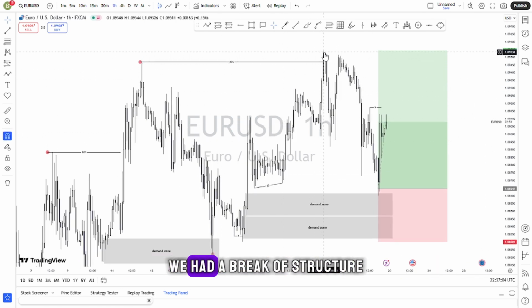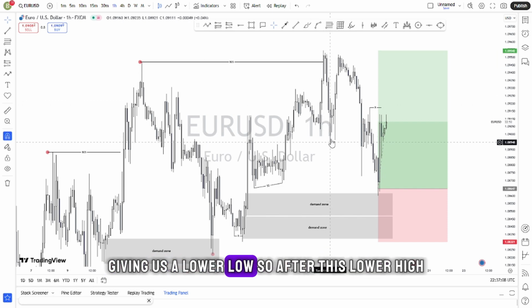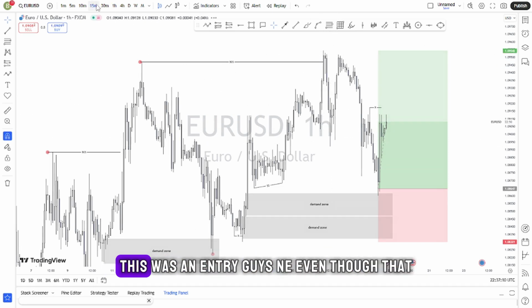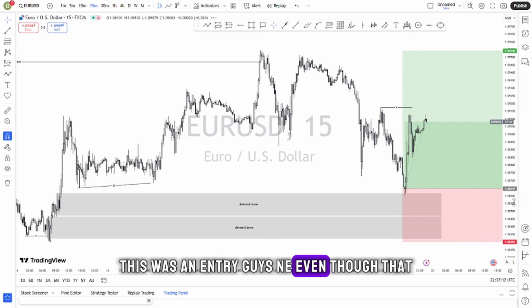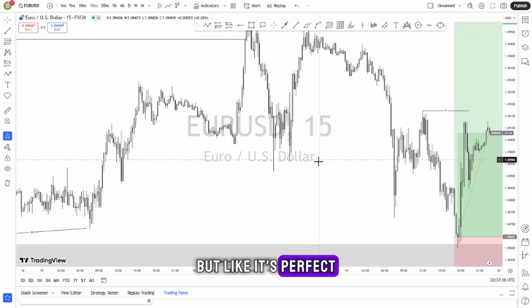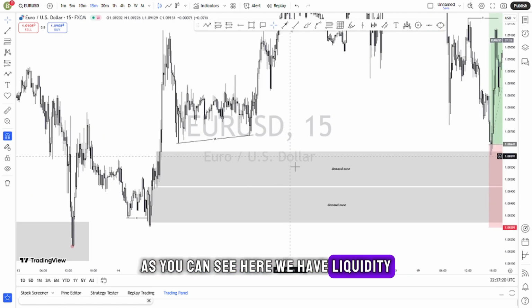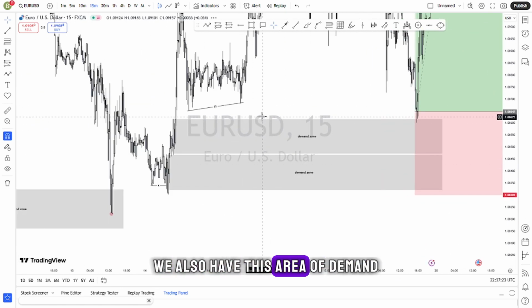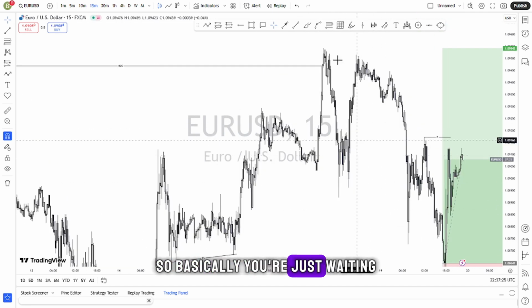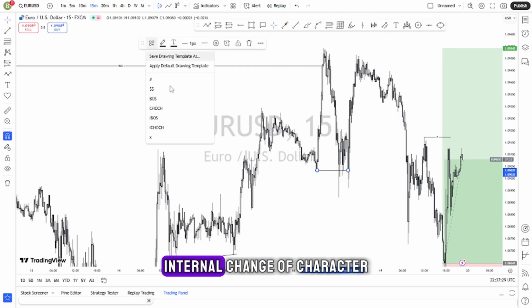So as you can see here, we had a break of structure. Then the market pulled to the downside, giving us a lower low. So after this lower high, this was an entry, guys. Now, even though this is an internal trade, it's perfect, just because we are targeting the liquidity. As you can see here, we have liquidity, we have this area of demand, we also have this area of demand. So basically you're just waiting for an internal change of character, of which it happened around here,